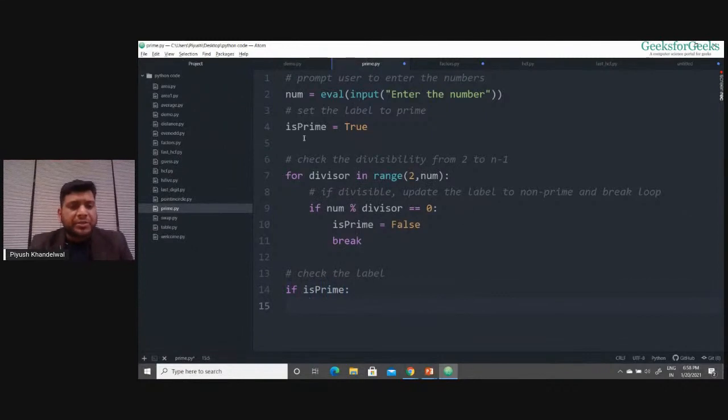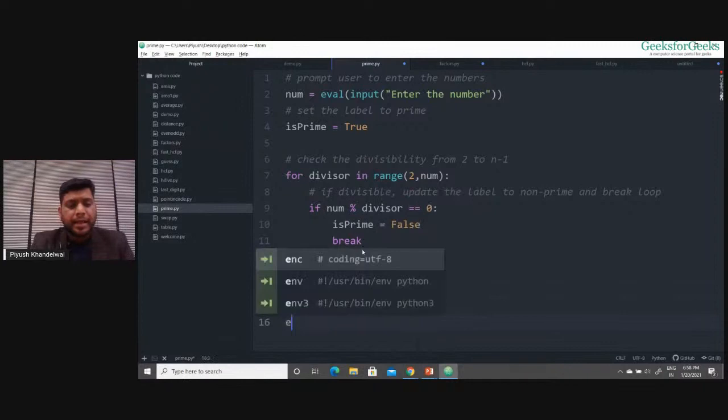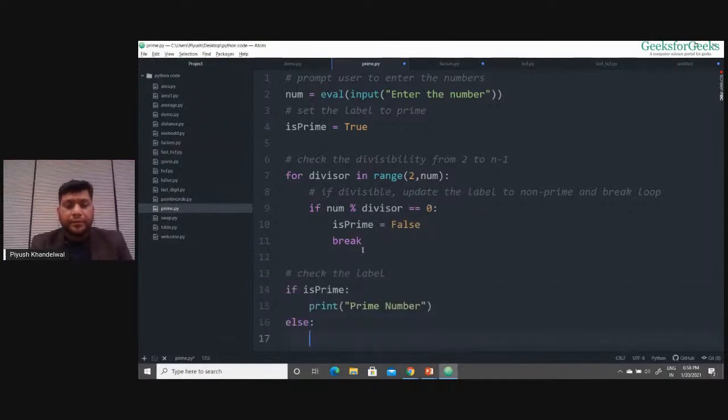If the value of is_prime is true, that means this number is not divided by any of the numbers. So I'll print prime number. Else, if is_prime is false, it means this number has been divided by some number, so I'll print non-prime number.